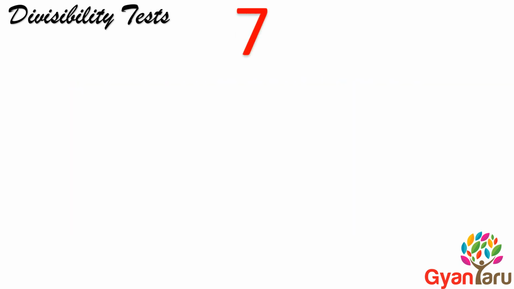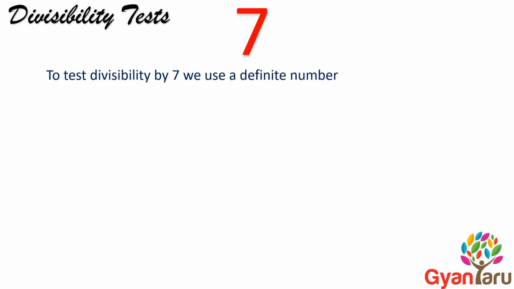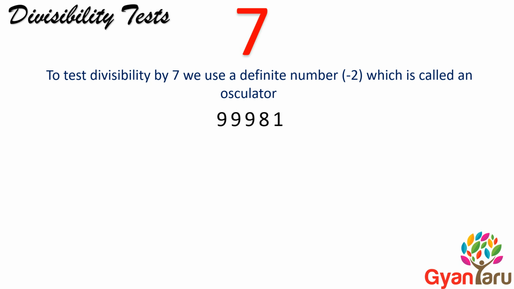Divisibility test of 7. To test divisibility by 7, we use a definite number -2, which is called an osculator. Let us try. We have to check the divisibility of this number by 7. So we take the last digit and multiply this digit by -2. We get 1 times -2 equals -2. Now we subtract 2 from our number. We get